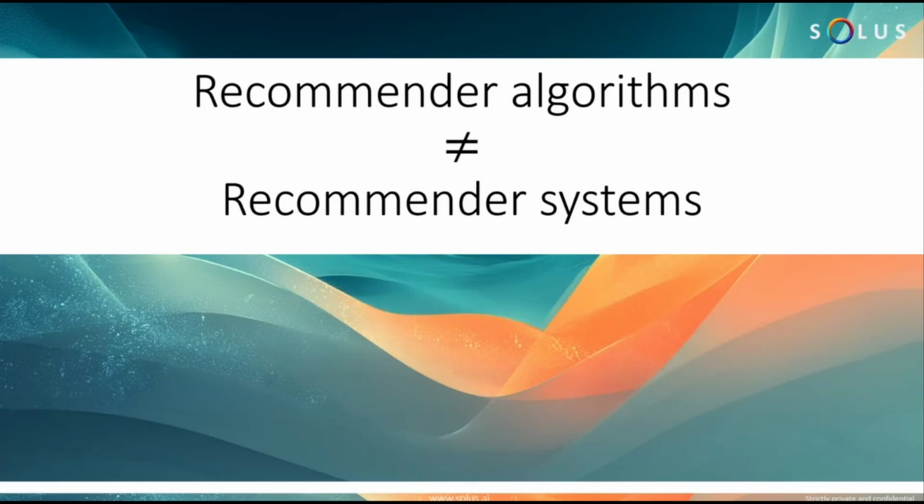So an algorithm could be a single beautiful thing that focuses on one objective and does very well on that objective. But a recommender system has a slightly larger scope. Okay, it's a fairly standard distinction of an algorithm versus a system. We're just applying the distinction here in recommender systems. And as we talk about recommender systems and what kinds of things they do, we will talk about some of the algorithms that go in, as well as the kinds of things that encompass the entire system.